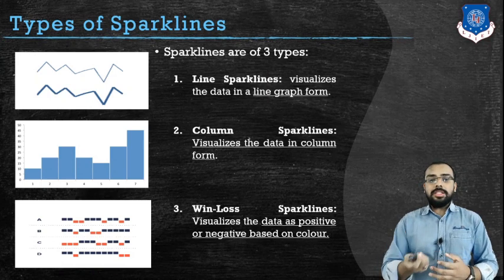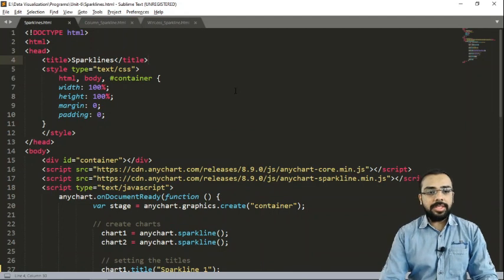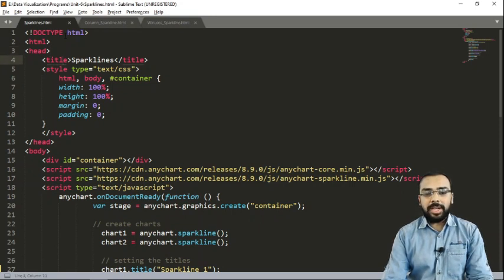So let us design sparklines. Let us first design line sparklines. The first foremost thing is we have to write the HTML code for creating sparklines. First we have taken the doctype HTML, we have taken the head section, and we have specified the title as sparklines,